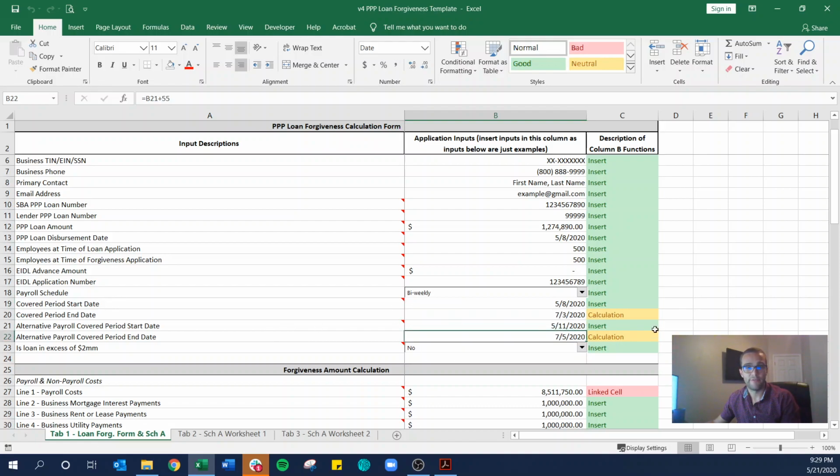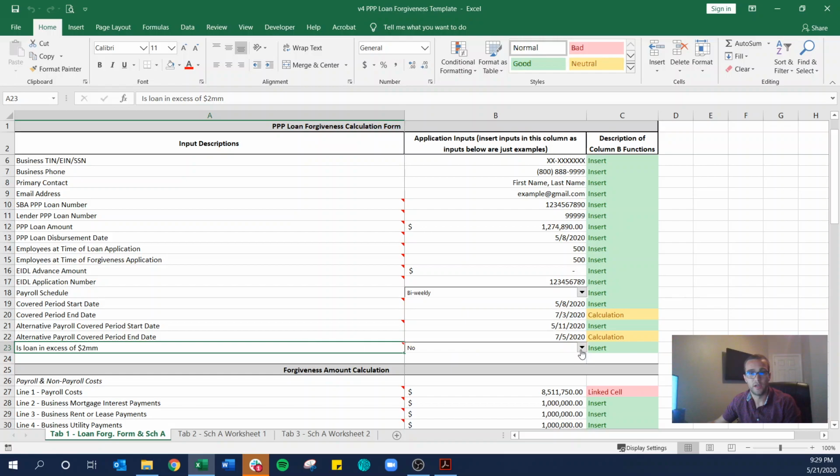Again, add 55 days in this instance, and you're going to get to your 7/5/2020, which is the 8-week period. Okay. Is the loan in excess of $2 million? Yes or no? The reason they're asking this is, if your loan's in excess of $2 million, you're going to get